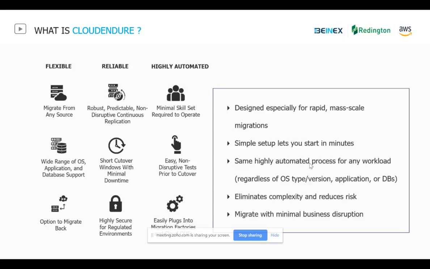And you have an option to do a failback. Not only can you do a failover to AWS, but you can also fail back to the normal operation where your application is currently running.